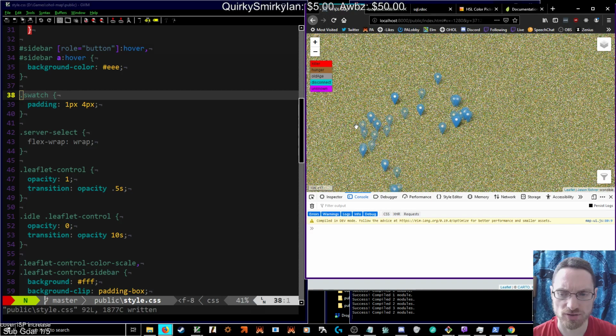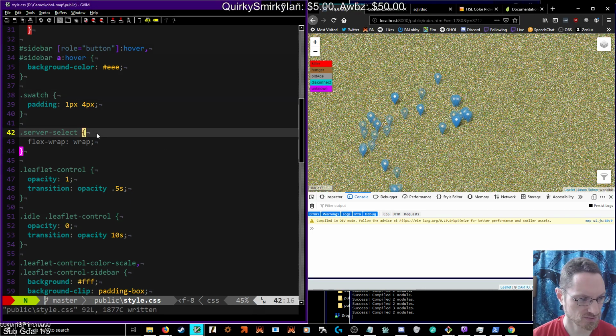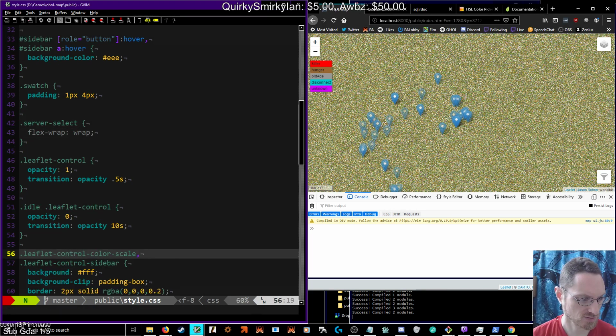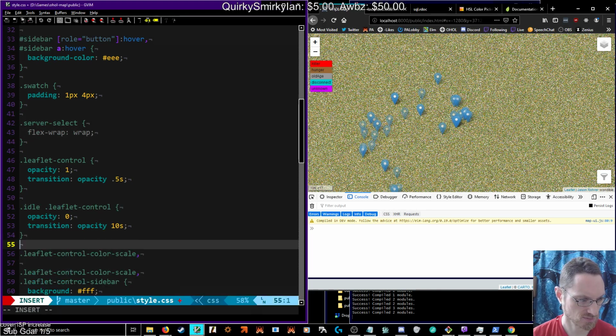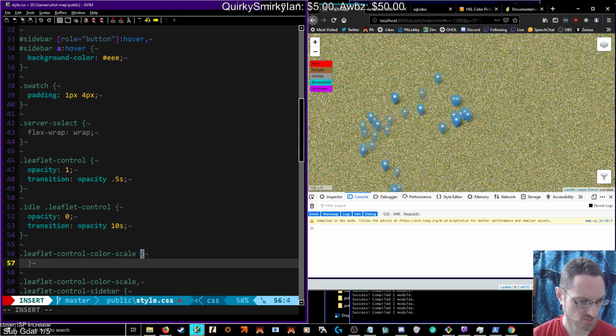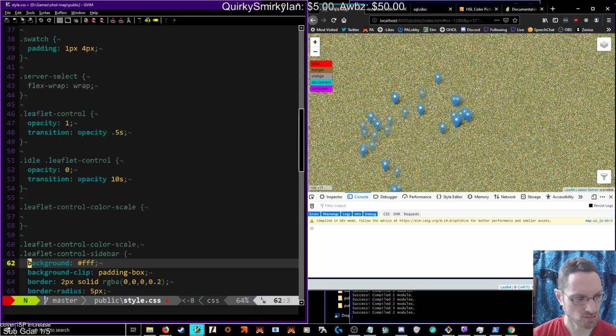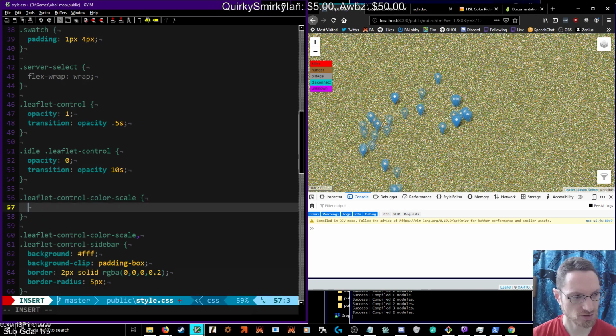That has the shadow effect. It doesn't give me any base. Well, it does have a background. It just, we need some